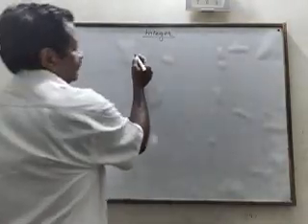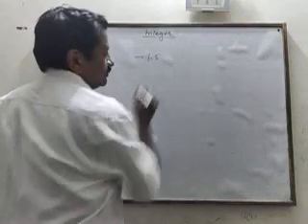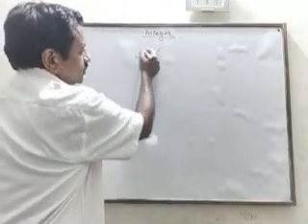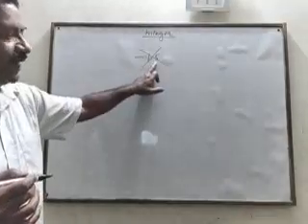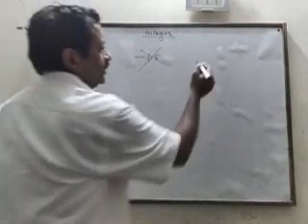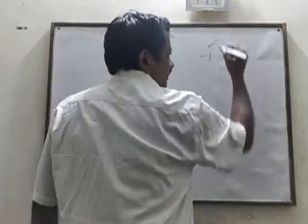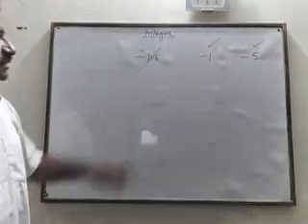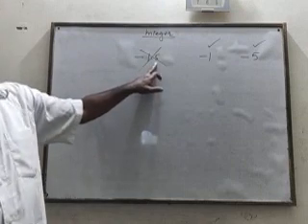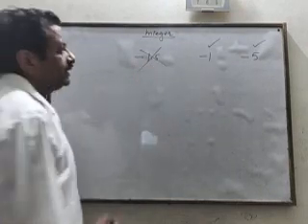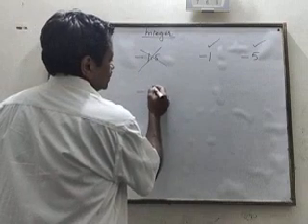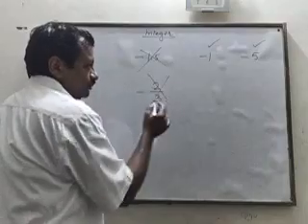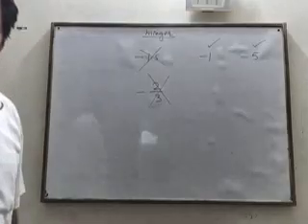So if I am saying minus 1.5, is it an integer? No, this is not an integer because 1.5 is not a complete number. Minus 1, it is an integer. Minus 5, it is an integer. But minus 1.5, it is not an integer. Similarly, minus 2 upon 3 is not an integer because this is again not a complete number, it is a fractional number.